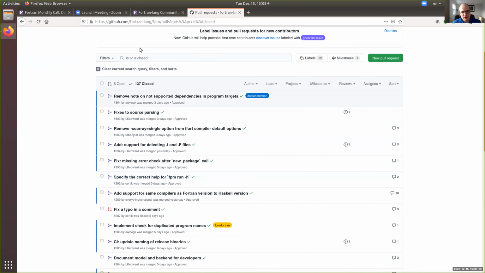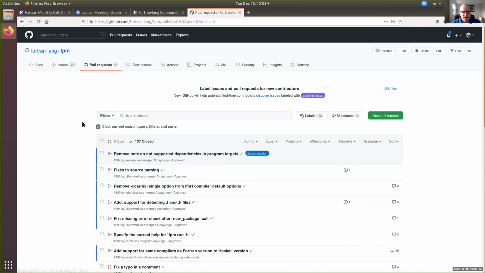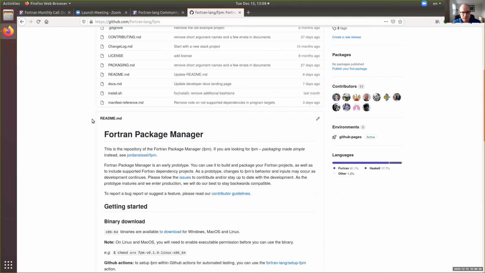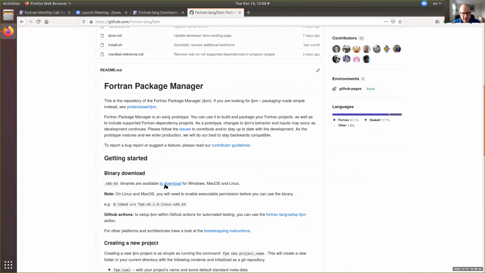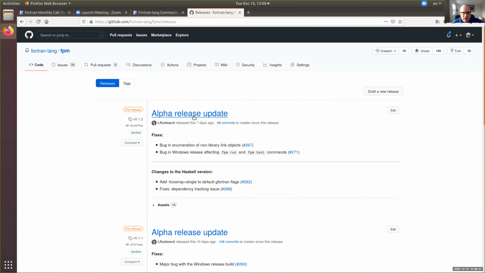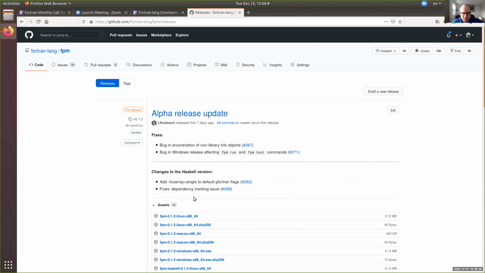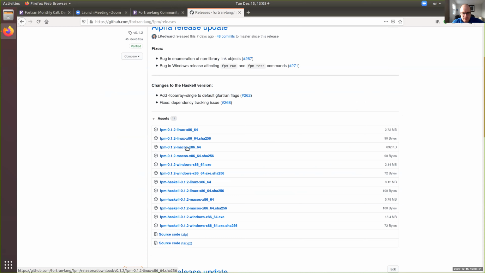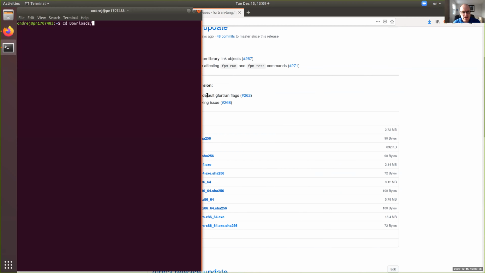Probably the most important thing is that FPM can now be bootstrapped from a binary by going to the README and then clicking on the link. For every release, there are now a set of binaries for Linux, Mac OS, and Windows. And those binaries are generated from the Fortran source code of FPM. So, for example, if I just click on that and download it,